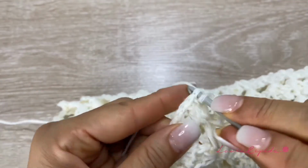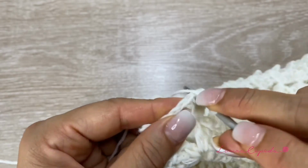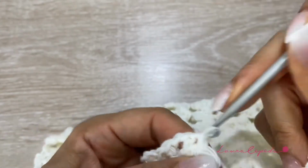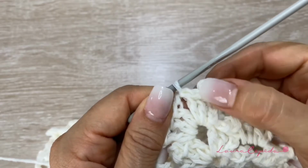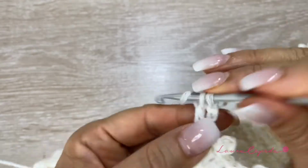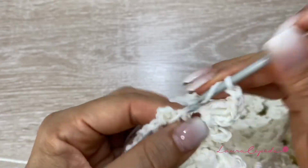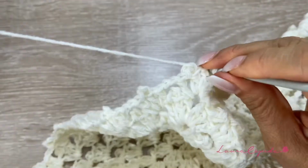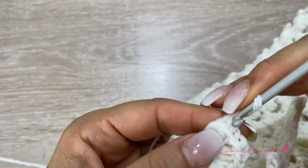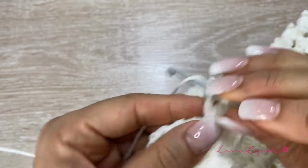So well, I will start this row with you so we can make a review. So I'm going to slip until here to make the picot, then I will slip to the first space, and right here I'm going to make the first petal, and here I won't make the picot, okay? Until the second petal I will. 2 chains, and we are going to make this part double because we are making a corner, but I will show you. So far, remember, I have 10 rows. This will be the row number 11. So here I'm going to complete the corner,